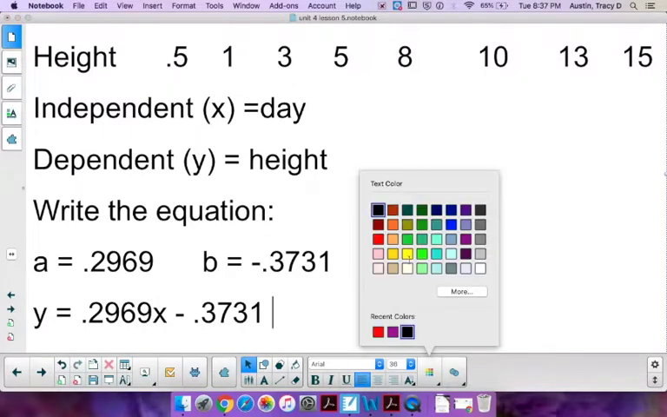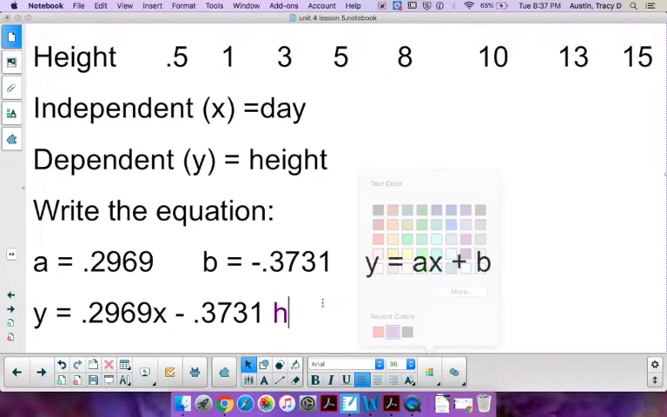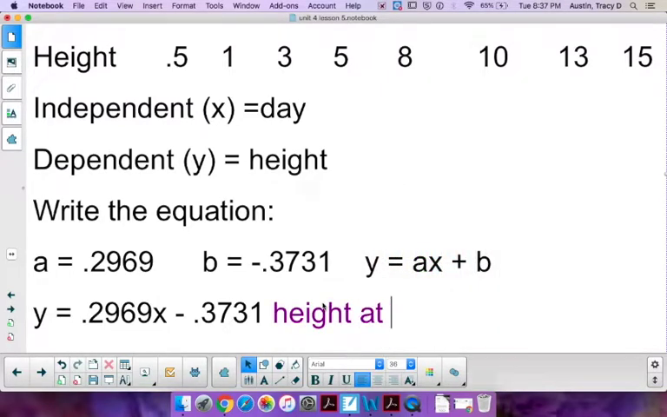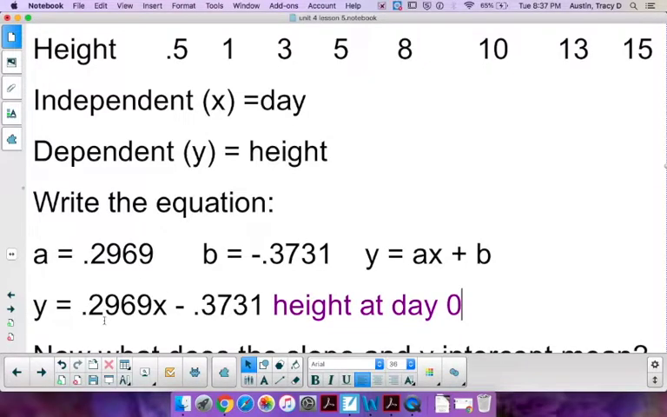This in a different color. Height at day 0. That's what that means. Okay, well, remember that slope is rise over run. That's y, which is your height, over x, which is day. So height over day. So what would be the easiest way to say that